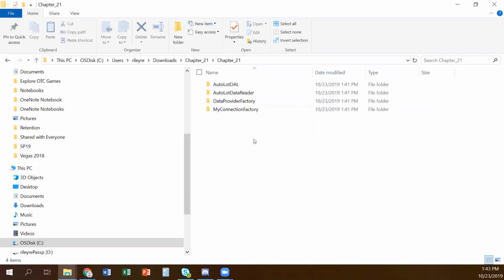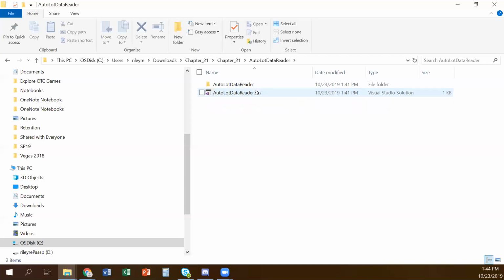Just spits out enemies every so often. And so all of the enemies are basically the same base. They might have a little bit different property settings, but they just keep getting spit out. So that's the idea of a factory, something that we can reproduce easily. And so by making our data provider a factory, we can change it easily. So we're going to skip that one, but let's look at the